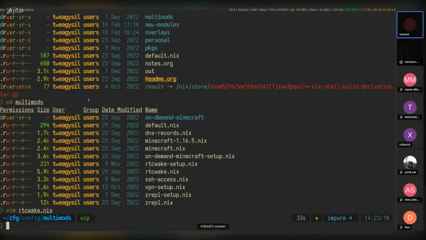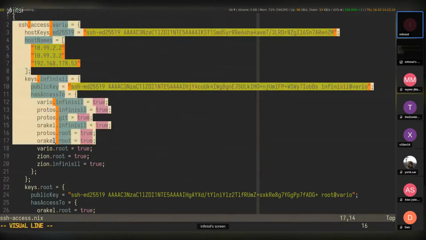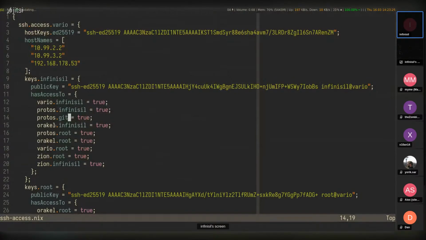Yeah, and so on. Actually, the last thing I want to show is the SSH access, which is pretty cool in my opinion. This pretty much declares which machine has SSH access to which other machine. So I can say here that the Infinisil user on this machine has access to that machine and its Infinisil user. And just setting a single line configures SSH access